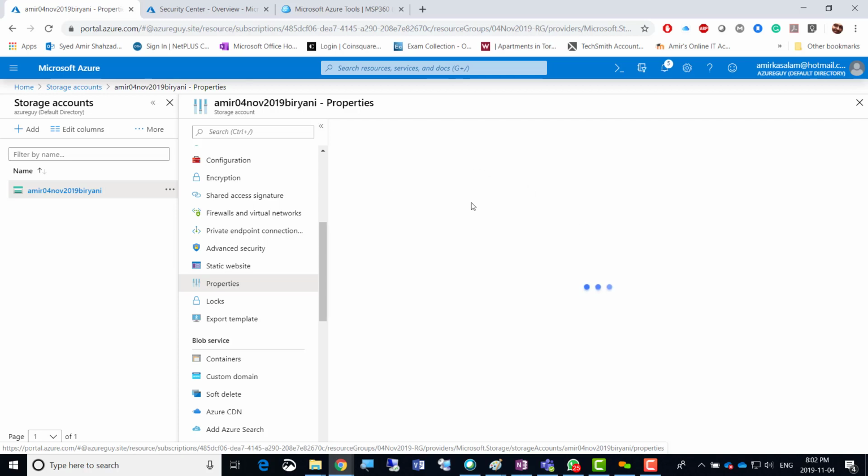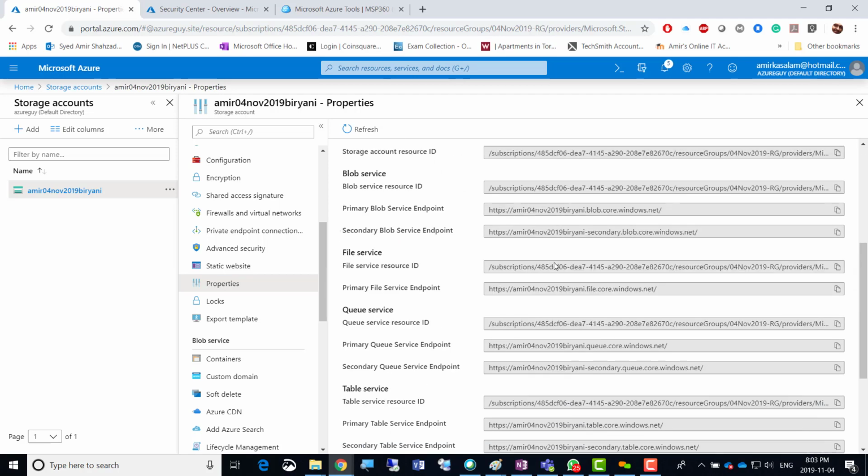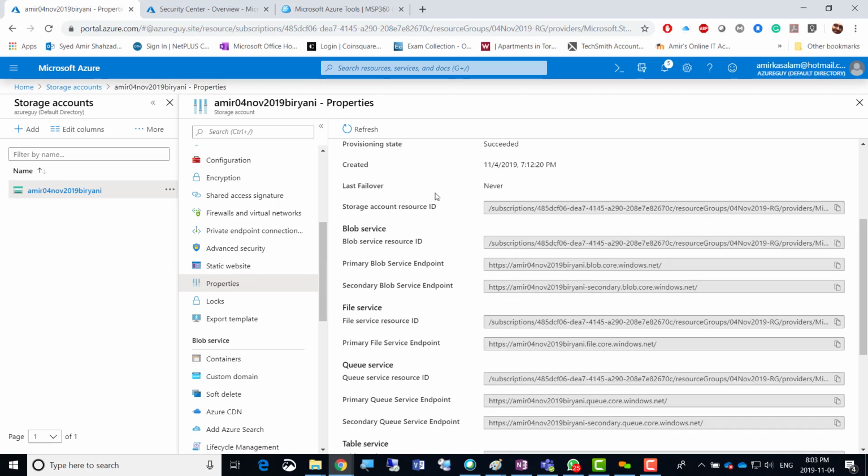If we click that, now here, this is the properties, and yes, resource group is this. Its performance access tier is standard hot. Replication is RAGRS. So what we configured is showing there already, and then it is giving those service links for